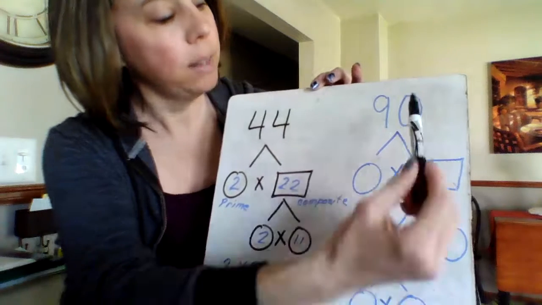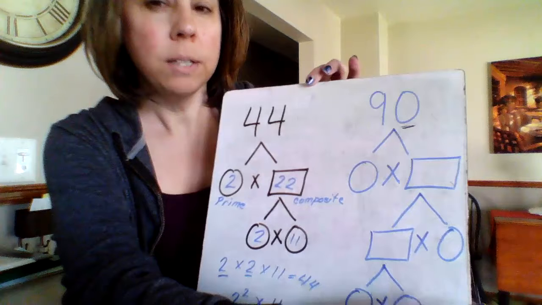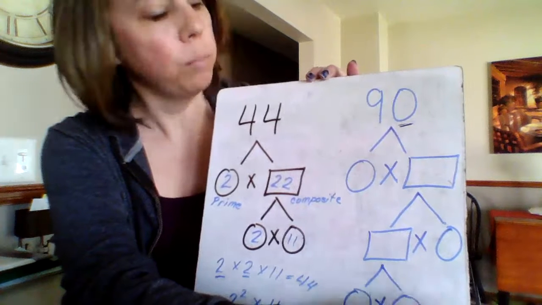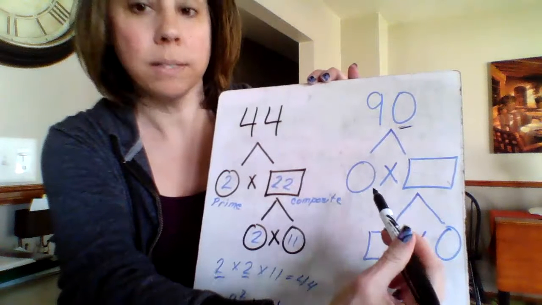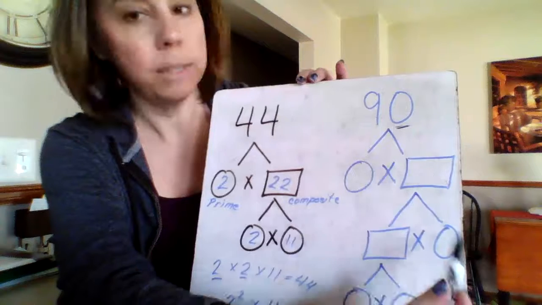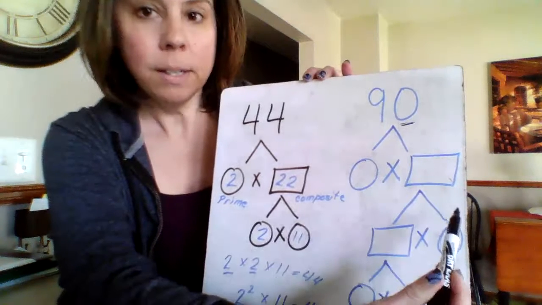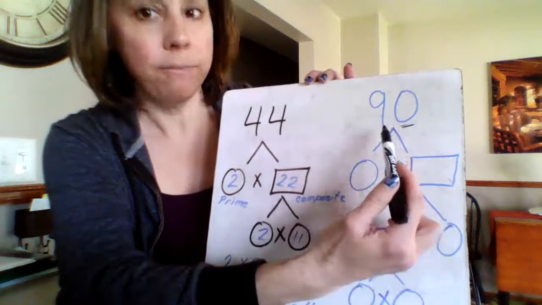So then I think, oh, 90 ends in 0. So I know that a number that ends in 0, we can multiply by 10. But again, we talked about 9 times 10. Both of those are composite, so those aren't going to work here. 5, multiples of 5 end in 0. And so I can figure out what